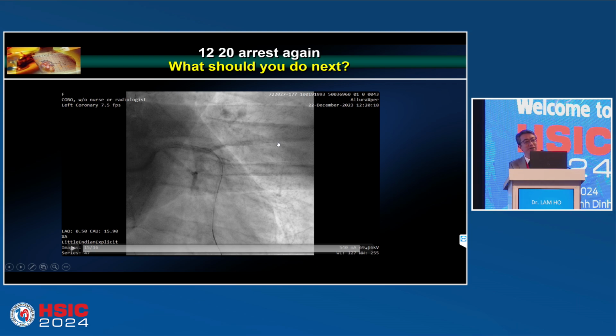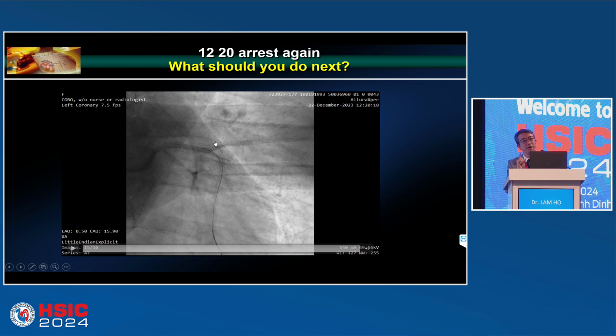At ECC I presented one case of no-reflow. We found that the impeller is the last weapon and can help to treat no-reflow. Because if you see an arrest case, a no-reflow case, the LV goes like a ball, dilated, and the capillary pressure will be very high. If you put the impeller in, it sucks the blood and shrinks the LV. It can reduce the capillary pressure. At the same time, it produces hemodynamic support and increases the pushing force, so that you can treat the no-reflow because you increase the pressure difference.